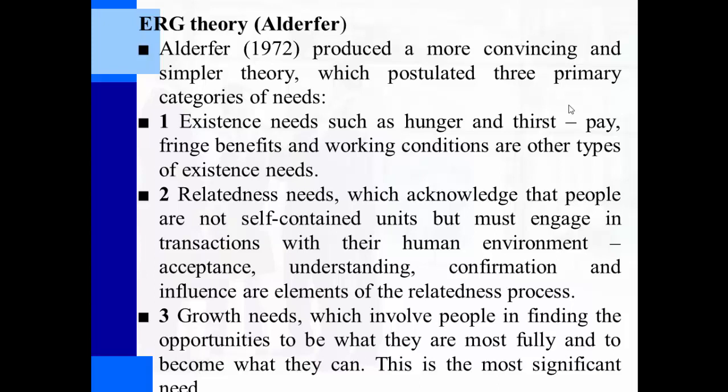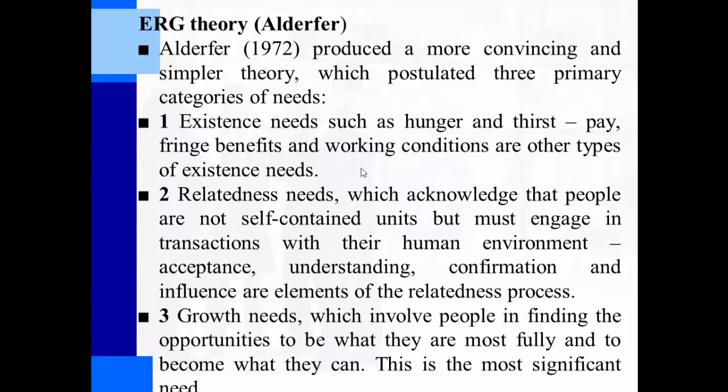Out of these, the first is the existence needs, such as hunger and thirst, just the food and shelter noted by Maslow. Fringe benefits and work conditions are other types of existence needs. If they are paid well and work conditions are good, they will be able to pay for their hunger and thirst. The second type of need is the relatedness needs, which acknowledge that people are not self-contained units but must be engaged in transaction with their human environment. Acceptance, understanding, confirmation, and influence are the elements of the